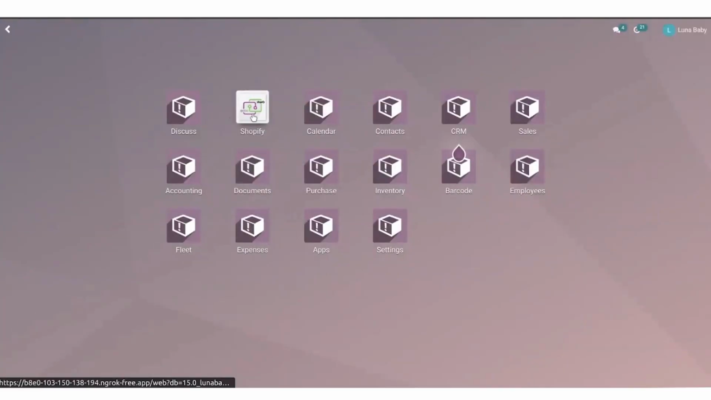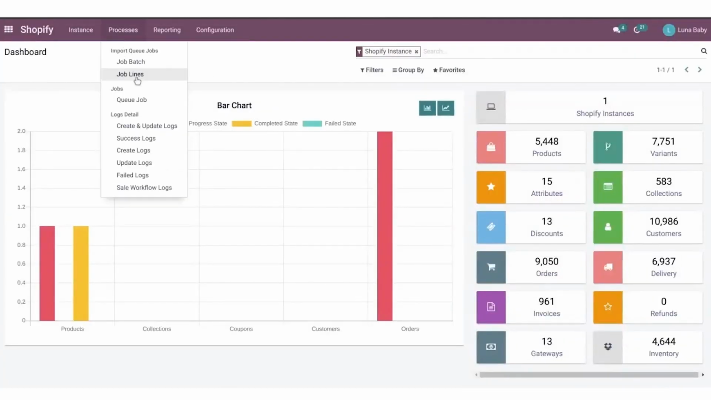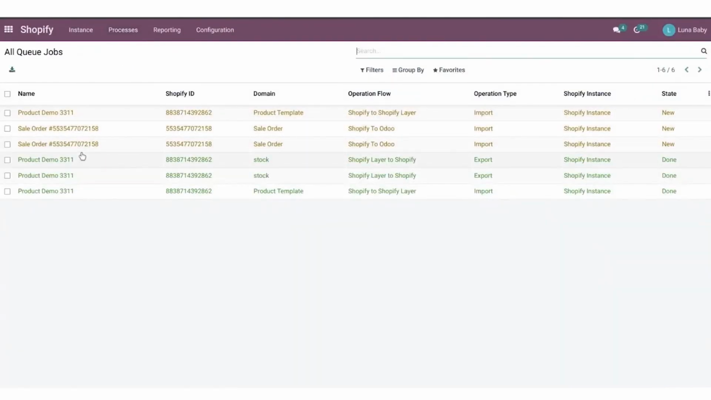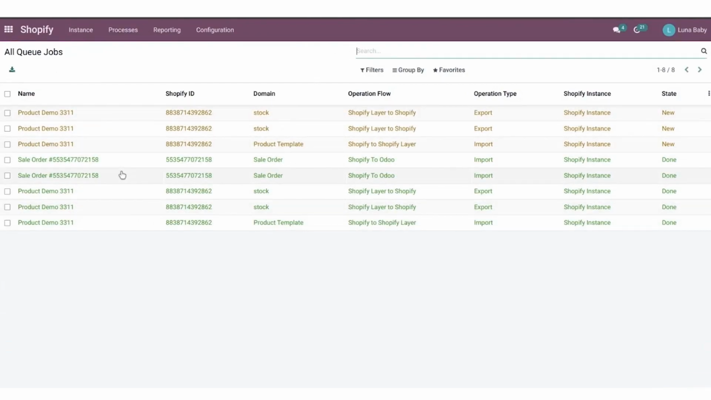Now we will go in the queue jobs to see if there are any waiting items. Yes, we see that the sales order has been created for the particular product. Now we'll wait for this sale order to proceed, and it will move from the new state to the done state. Now as we can see, yes, this has been progressed,